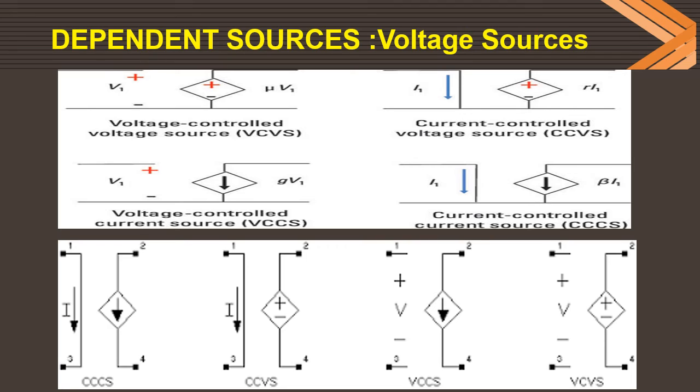Clear? See here, current control is here, voltage control is here. If you are talking about voltage control, definitely the input will be voltages, and the further part will depend on it. If it is voltage control, here the voltage, here the current. By looking at the direction, you can observe the voltage is controlling that current source. Similarly, here the current and the current, the current and the voltage, the voltage and the current, the voltage and the voltage. This side is the input side and this side is the output side, so in a voltage controlled voltage source, the input voltage controls the output voltage source.